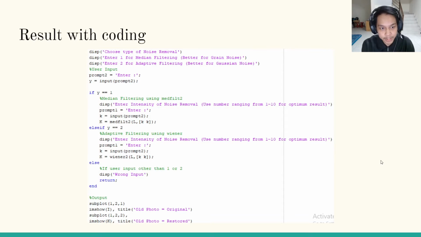Another prompt will be given to the user to ask them for the type of noise removal that they want on their picture. So the user can choose 1 for median filtering, which is better for grain type noises, or 2 for adaptive filtering, which is better for Gaussian type noises. So the user can input either 1 or 2, and if they input 1, the system will also ask the